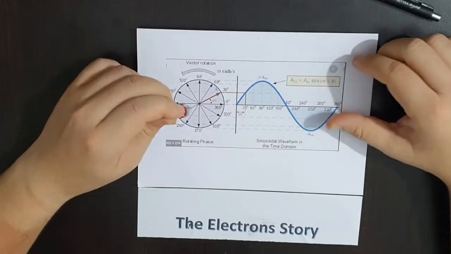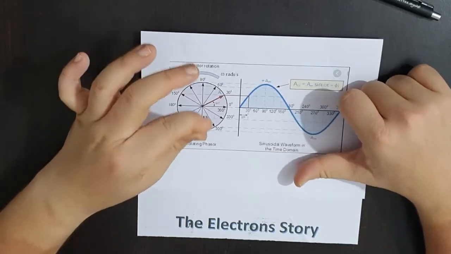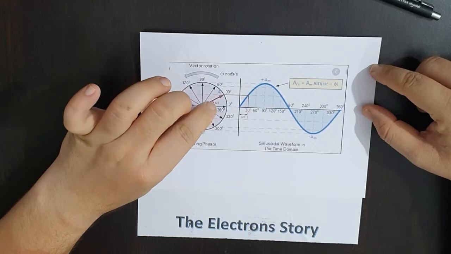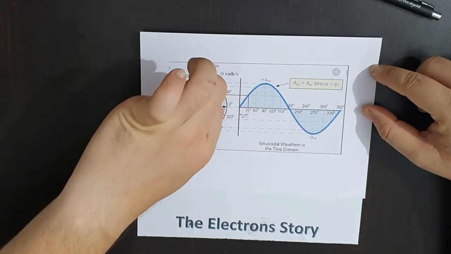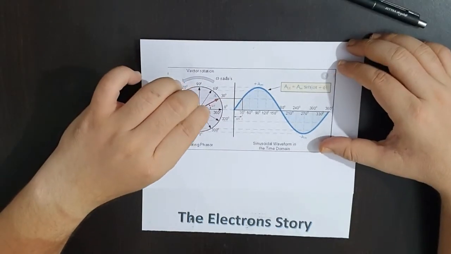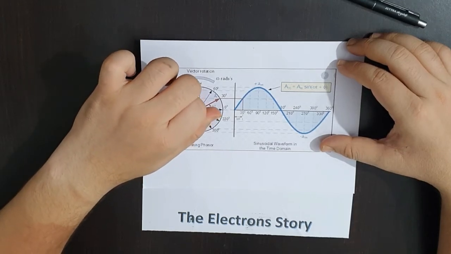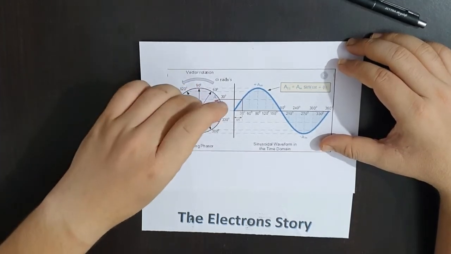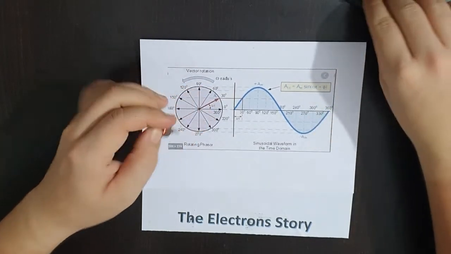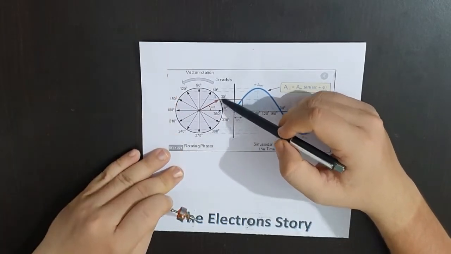Now moving ahead, let's look at the phasor diagram to explain the AC circuit. Take this armature and put it here. Let's say this is 0 degree and this armature is rotating like this. As per the rotation, the angle is changing, and as per the angle change, an AC current is generated. Imagine a rotating point like this, and the speed at which this armature is rotating is like this.